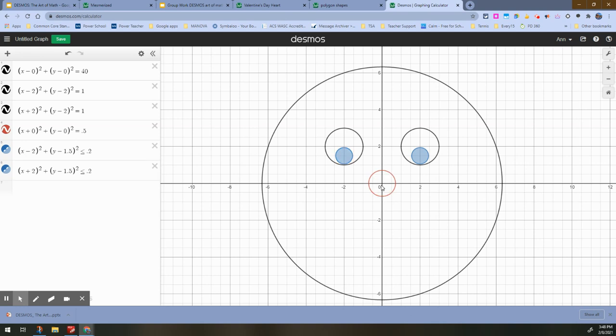Alrighty, so I want to fill in my nose, so I go back up here to my nose. And that's also got to be the less than or equal to, and there we go. I got my nose filled in. It's cold outside, so that's why I got a red nose. All right, so let's see. We've got our eyes, we got our pupils, we got a filled in nose, and now I need to work